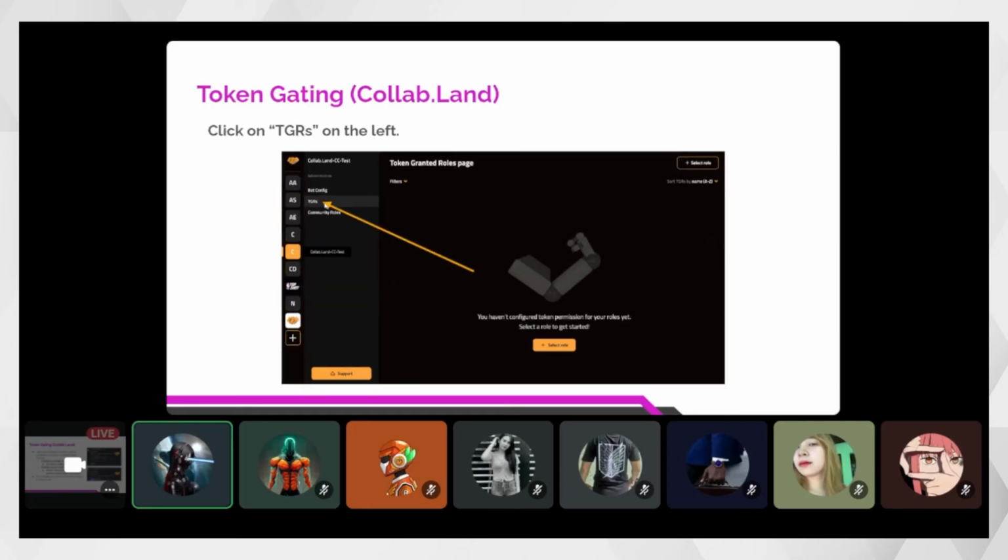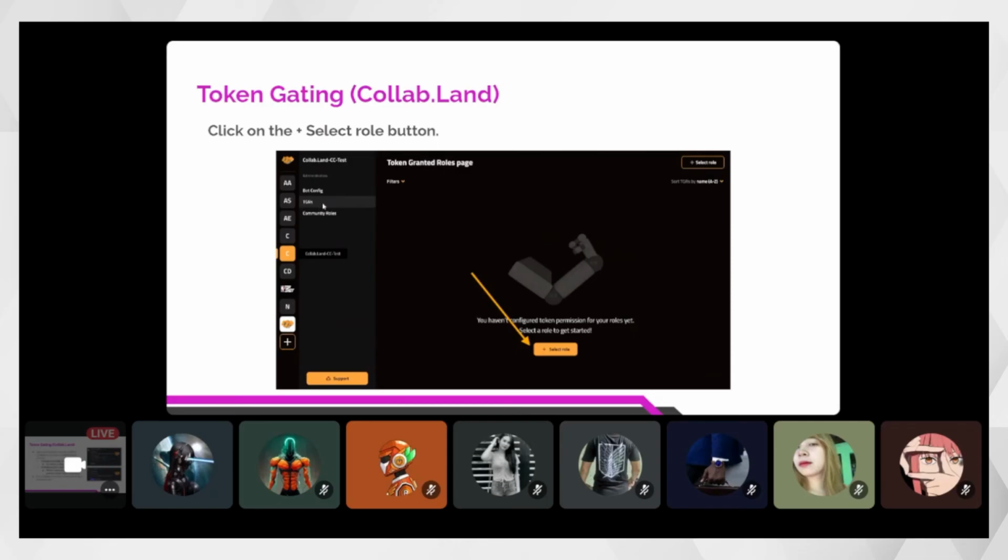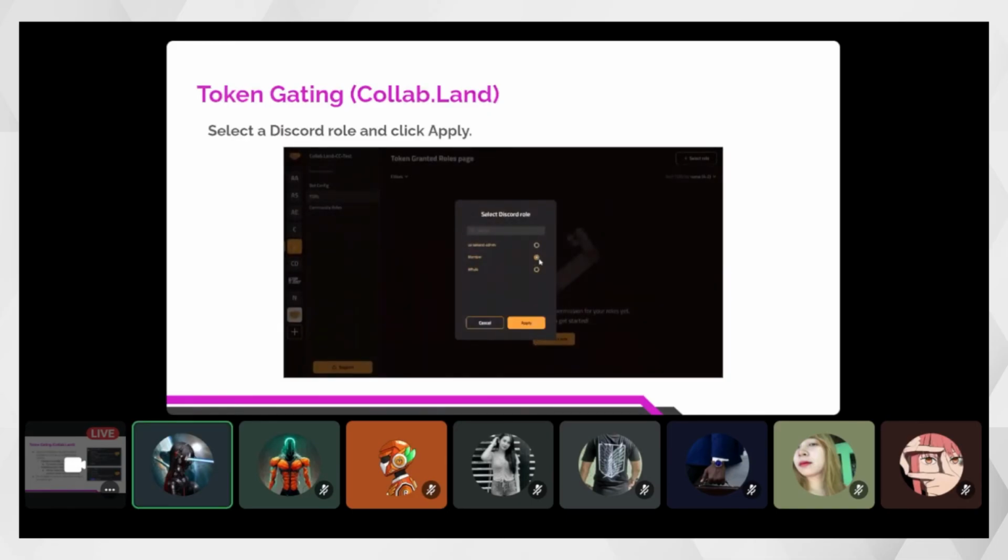And then click on token gating roles, token granted roles, I mean. So TGRs on the left. And then select role. Okay. With this, you will select the Discord role that you will grant. For example, this one is a member.